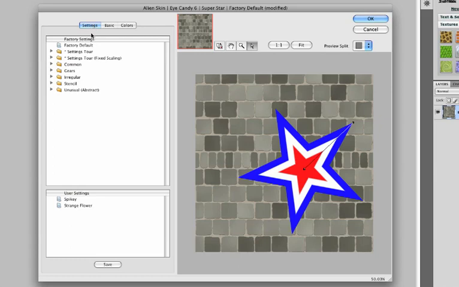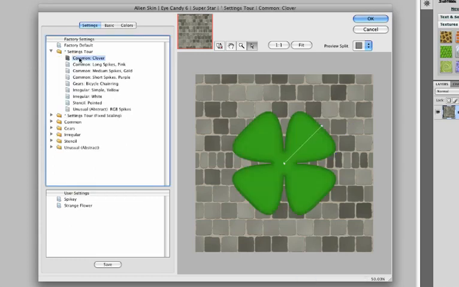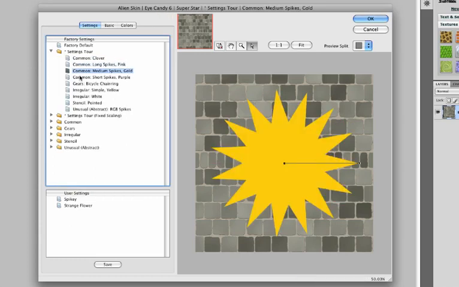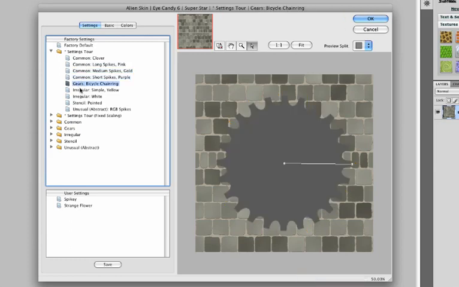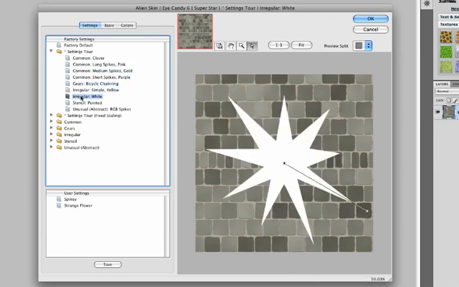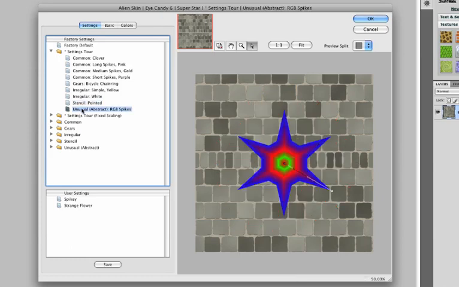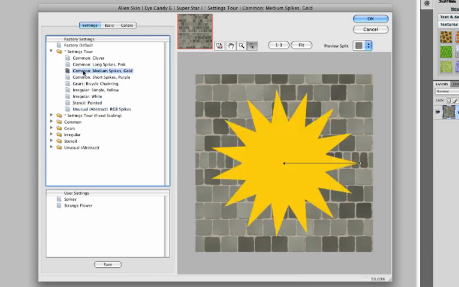The top panel of this tab shows the factory settings that are shipped with every filter. If you save any settings, they show up in the bottom panel. Let's take a look at the factory settings. They are organized into groups. If you're new to the Superstar filter, the best way to see what it can do is to go to the Settings Tour group and browse the settings in it. If you see something that you like, like this one, you can go to the Common group and see more settings